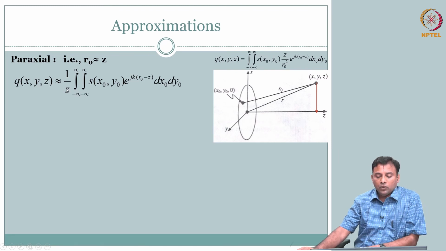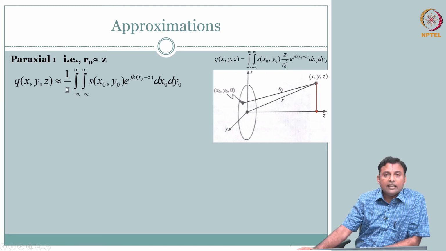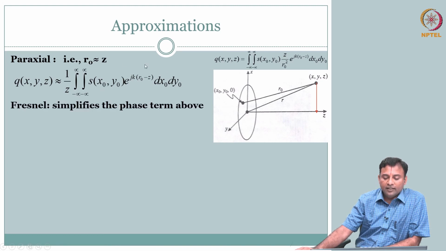Okay, so this looks good. Can you recognize the form here? I have an amplitude term, and there is this phase term. If I have to simplify, I have to somehow simplify the phase term, and then maybe I can simplify this. Okay, so next we talk about the Fresnel approximation. First, to kick in, we want to simplify this phase term.